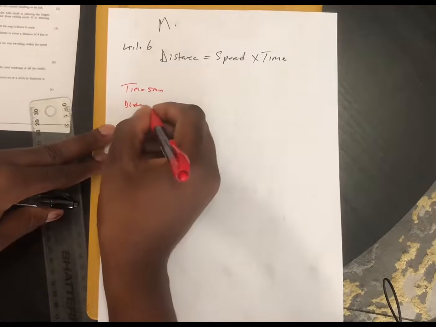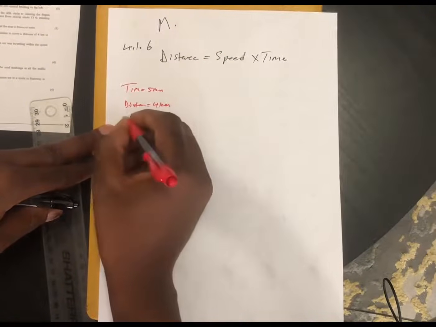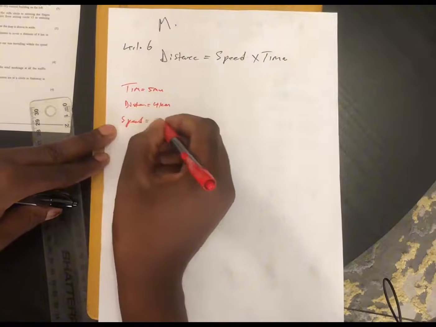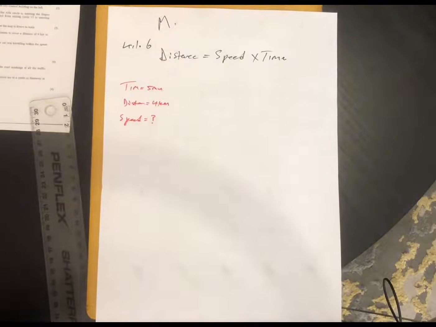Distance that he covered is equal to 4 kilometers. The speed is what we are looking for. We are looking for the speed so that we can compare with the speed limit in the town. If you still remember, this speed limit